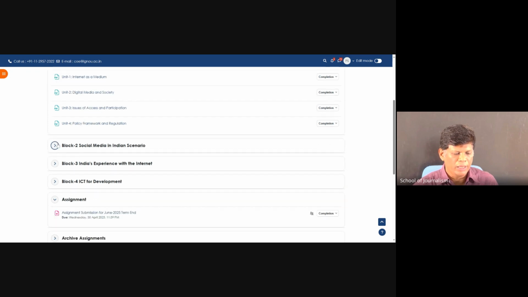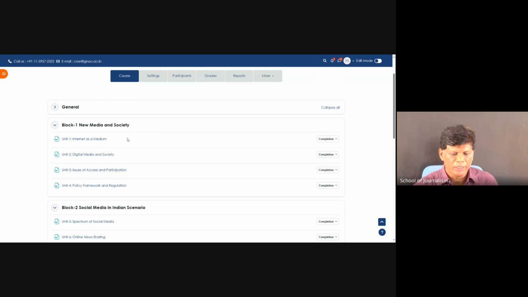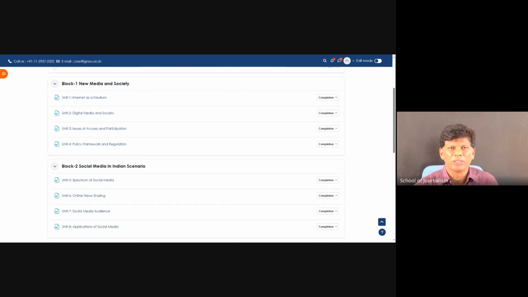Similarly, all the units are there, and you can go to another block. Since I have logged in, that's why it's coming like this. But once you log in, whenever you read a unit, mark it as done. Always do that, so it's easy for the university as well as the teacher to understand how the students are progressing, and if they are not opening it, because we can track all the students' activities here. How long you spend time on Moodle, when you logged in, which course you opened, how long you spent. In distance mode we can't track anything, but here everything can be tracked. Data analytics is integrated.